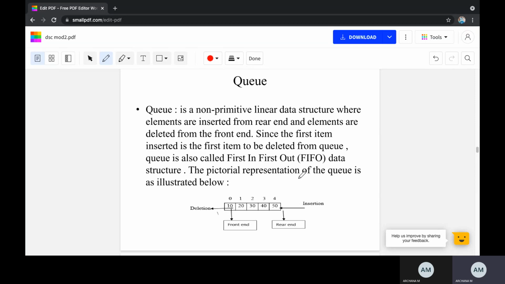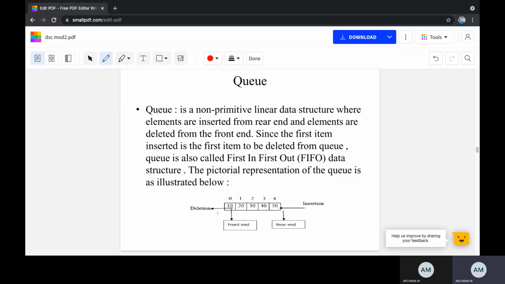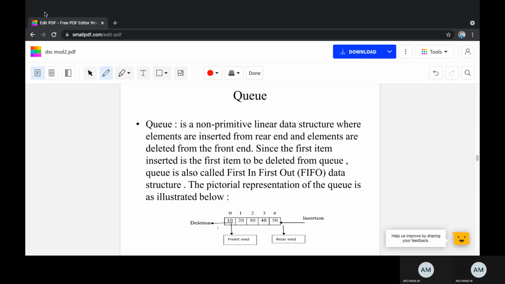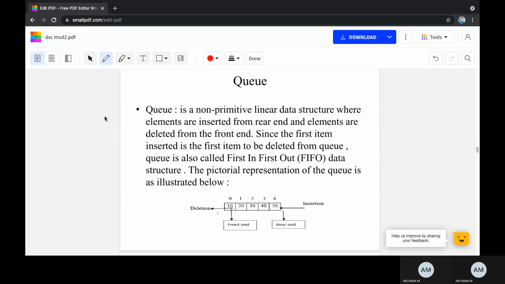So today's session we will be discussing queues. What is a queue? What are the different operations we perform on a queue? So when we go with queues, a queue is a non-primitive linear data structure where the elements are inserted from the rear end and elements are deleted from